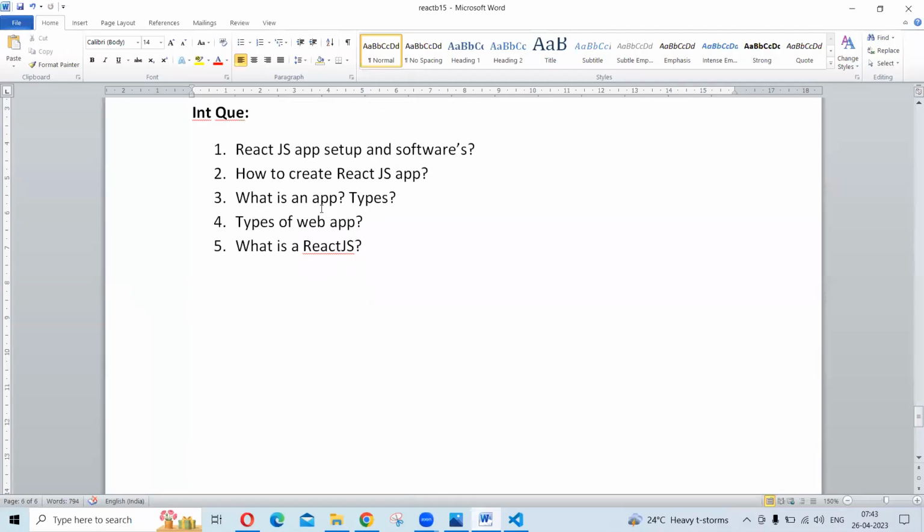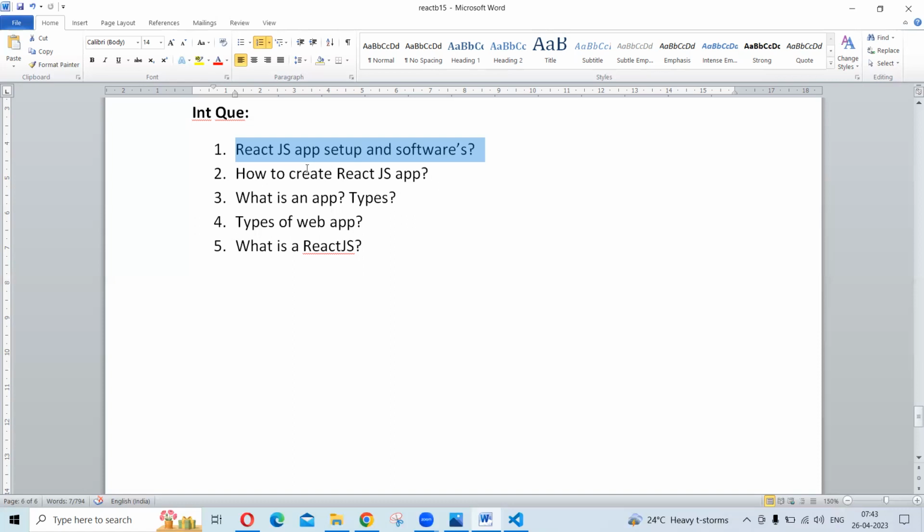Okay. So let us quickly rewind what we implemented in yesterday's session. Yesterday we completed the setup. There are two software required and one project has to be created. Of those two softwares, one is Node.js. Node.js is the JavaScript compiler. It will compile your JavaScript application to browser understandable JavaScript